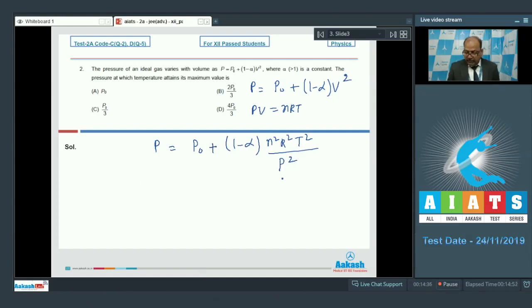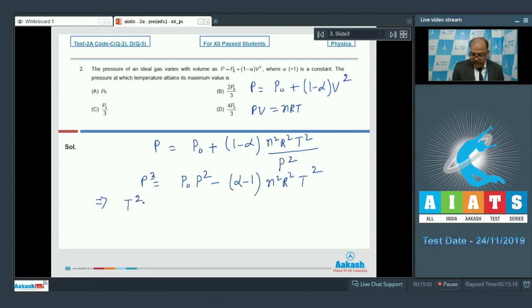Or we can simplify further, and if we simplify it further, we get P cubed is equal to P0 into P square, we can write here minus alpha minus 1, because alpha is greater than 1, into n square R square T square, which gives us